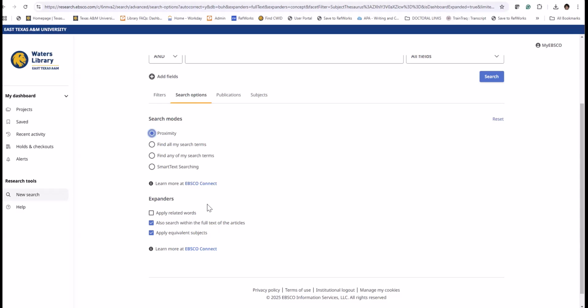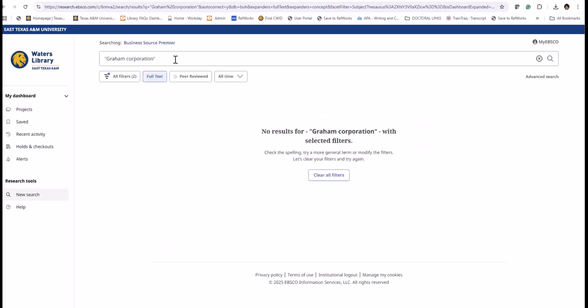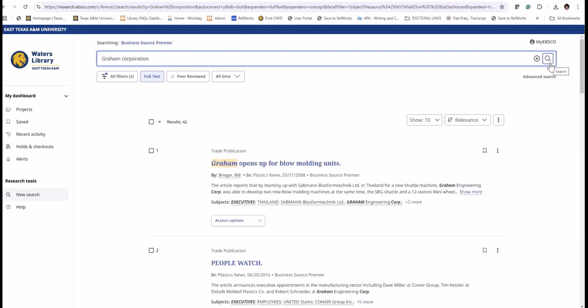So let's see. I went back to proximity this time, and I'm not going to apply related words, because maybe it's not working. Oh, you know what? When we go back to proximity, the quotation mark is not working in the new updated version. I tested before and knew that, but I forgot to remove those. Let me go back and see what happens. Yes, now it gives me 42.